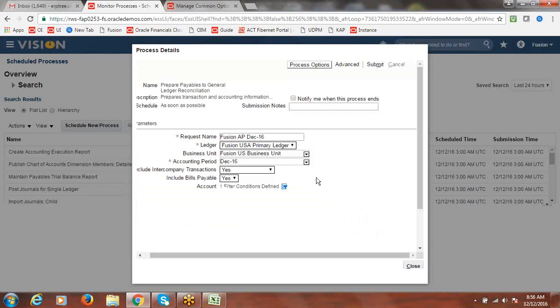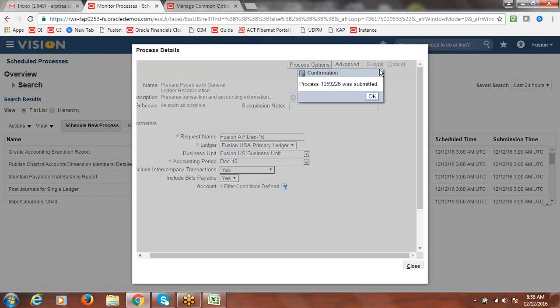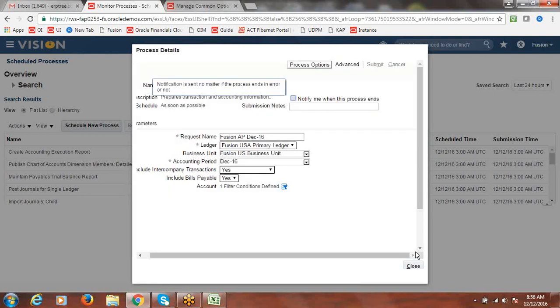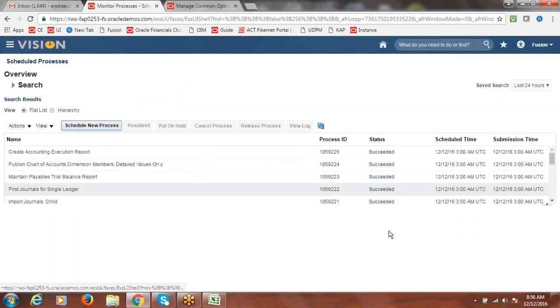Now the system will fetch the data with this control account from payables and GL, and that will be tagged with this name. Click on submit, then click on close.